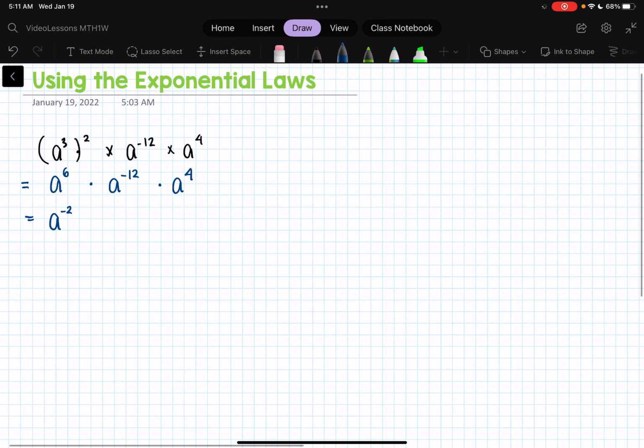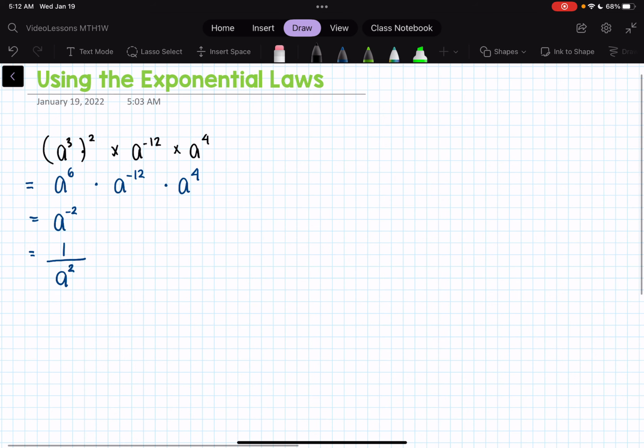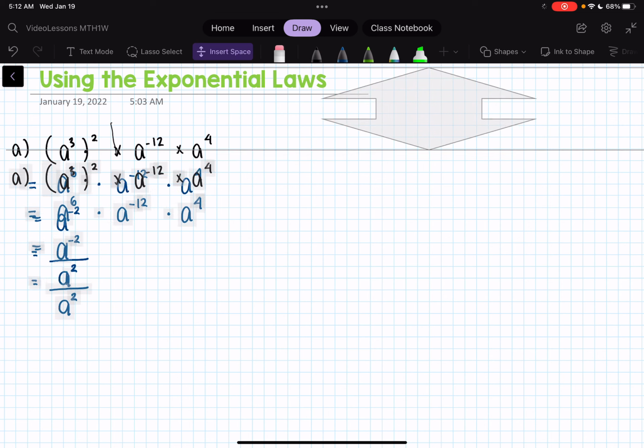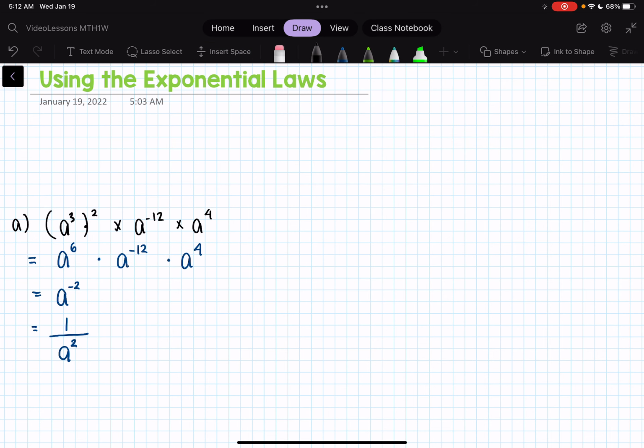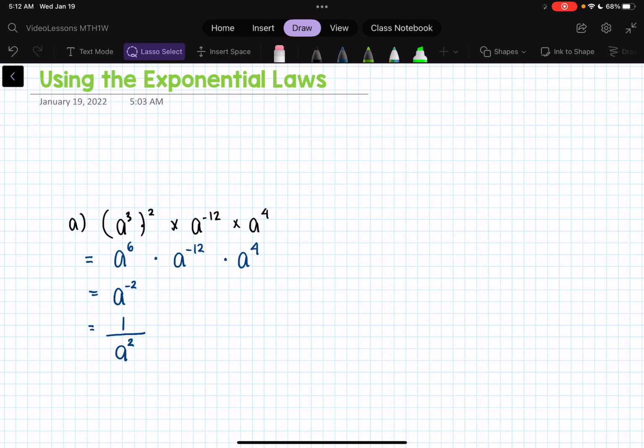Now, if you recall, in our other video, I mentioned that when we work with exponents, we always want the answer expressed as a positive exponent. So this a had a negative 2, so we are going to take it to the bottom, into the denominator, and now it's 1 over a squared. And that now is your final answer. So I'm going to call this example A. Just move these over a little bit. There we go. Okay. So for example B,